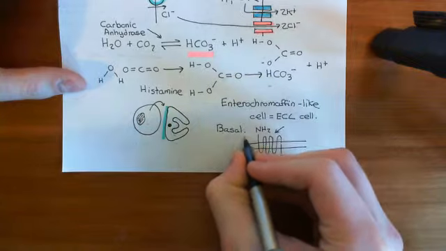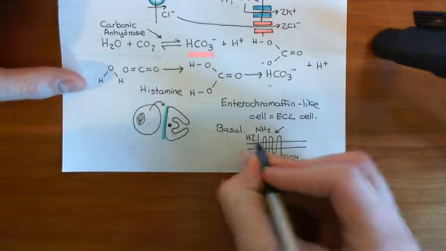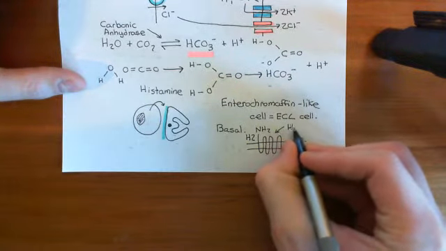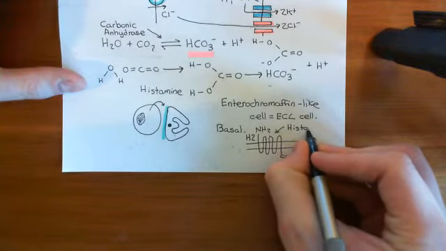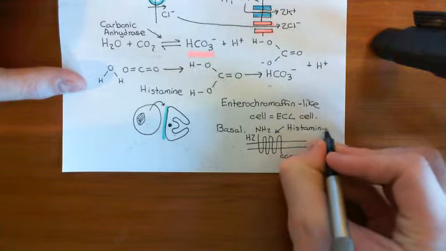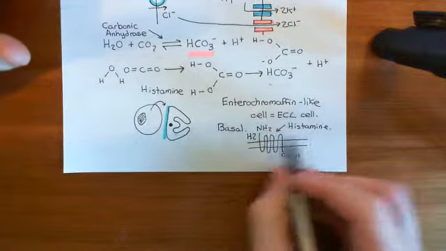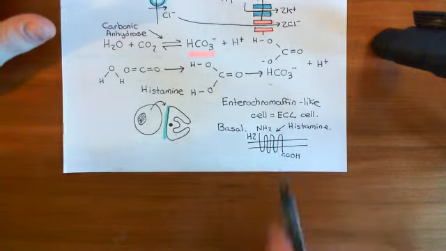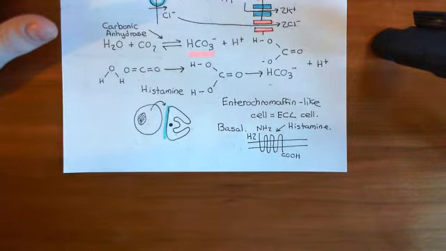So histamine binds to this receptor, and it's an H2 receptor, so it's a histamine type 2 receptor, and basically the histamine binding will activate this H2 receptor, and it will then activate a heterotrimeric G protein, specifically the GS heterotrimeric G protein, and that then